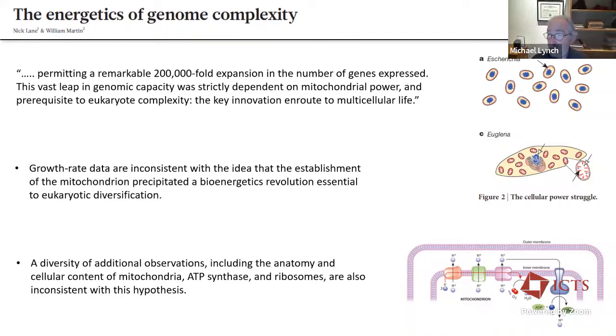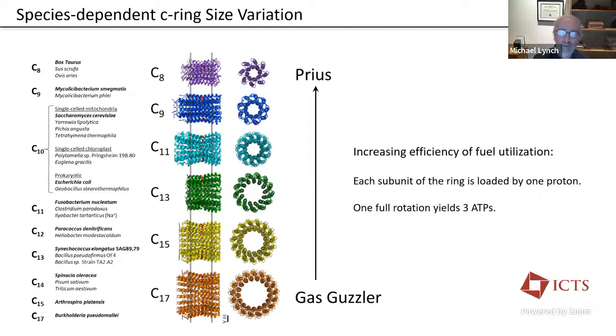Of course, it is the so-called powerhouse of the cell. It's the primary way we make ATP. So there's no question that it's an important part of eukaryotes, but it didn't necessarily launch us into a new bioenergetic world. One thing that you might not be aware of that I wanted to point out has been discovered over the past few years.